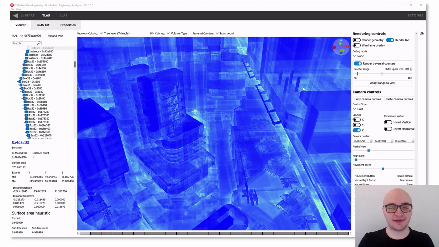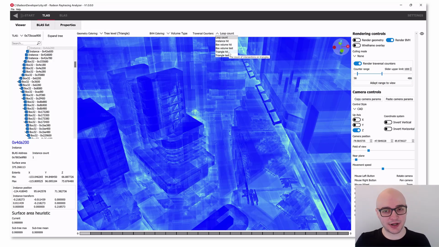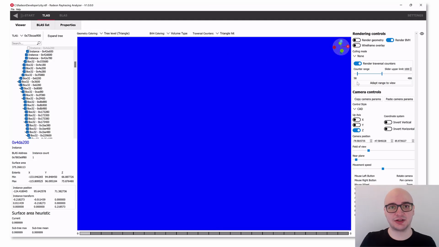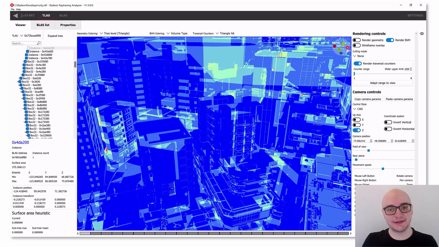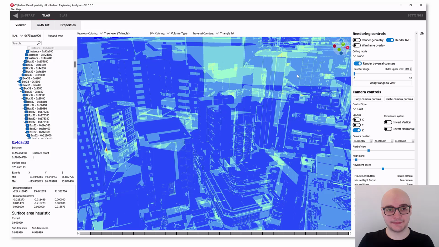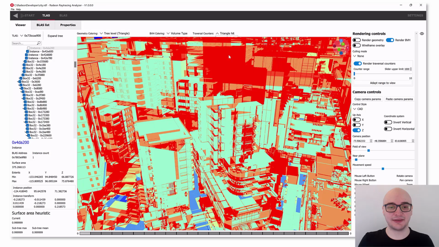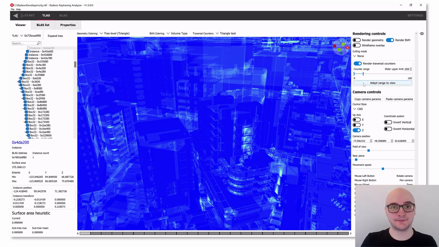And finally, we have the triangle hits and triangle tests. As the ray traverses, it may encounter triangles in an unspecified order. If the ray hits the triangle, it will compare it against the best candidate triangle, aka closest hit. If there are no candidates, this triangle will be assumed as the best candidate. The triangle hit in this context is the number of triangles that we've used as the best candidate triangle. In contrast, the triangle test is the triangles we've tested for a hit throughout the entire traverse.